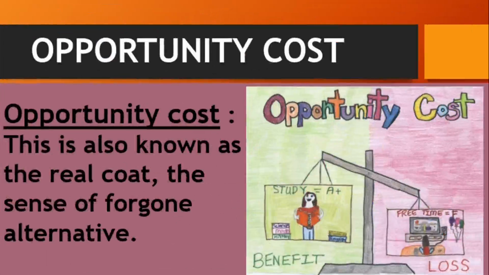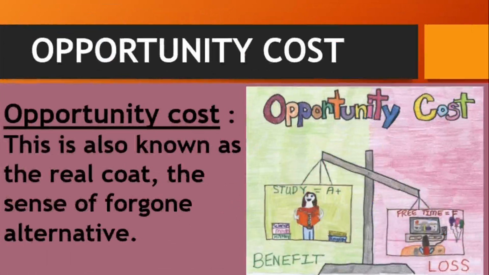So when you say opportunity cost, it is the best alternative forgone, the very best alternative forgone. It is also referred to as the real cost. Like I said, it is the satisfaction of one's want at the expense of another one. So it refers to the wants that are left unsatisfied in order to satisfy another that is a more pressing need.